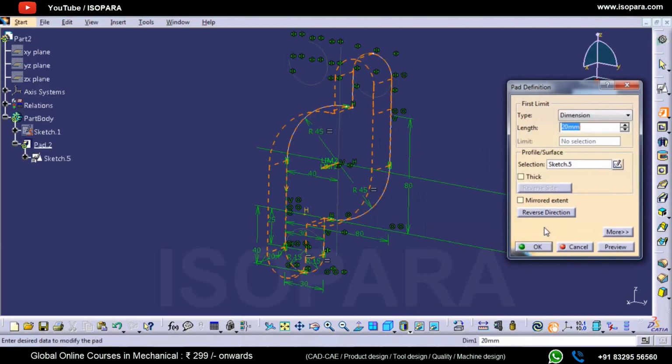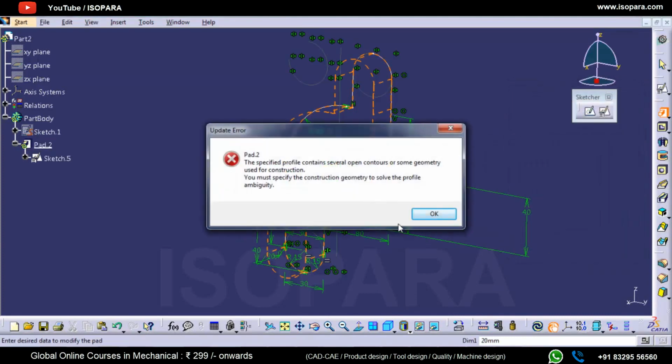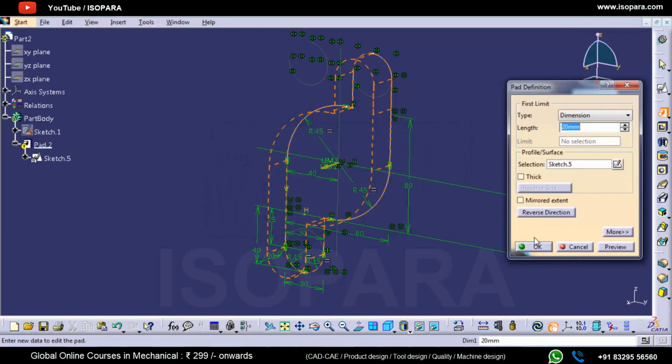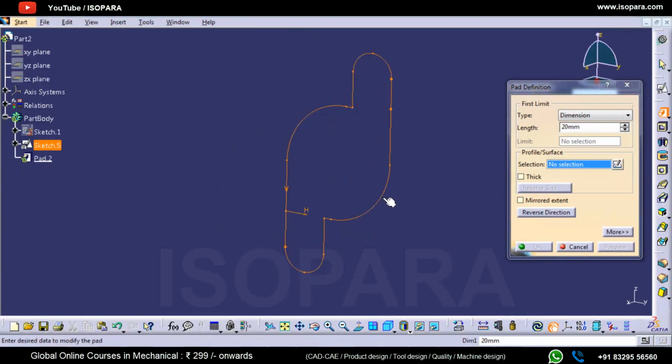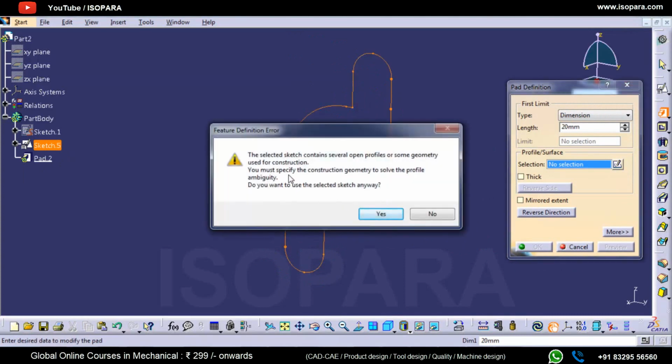If I press yes, if I press OK, it will not work. Why? Because my profile is open. So it is telling me that a specified profile contains several open contours. So you have seen two errors. First is the open profile, and another is that you must specify some construction geometry to solve the profile issues.